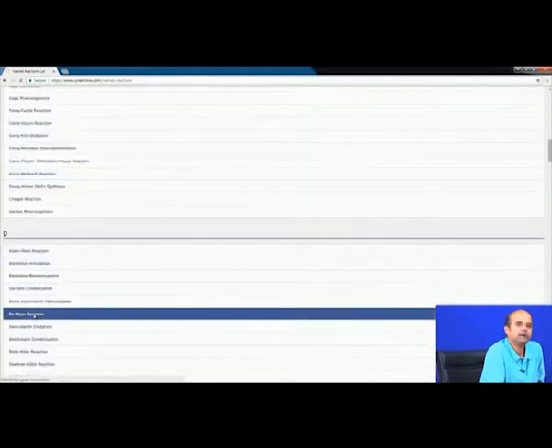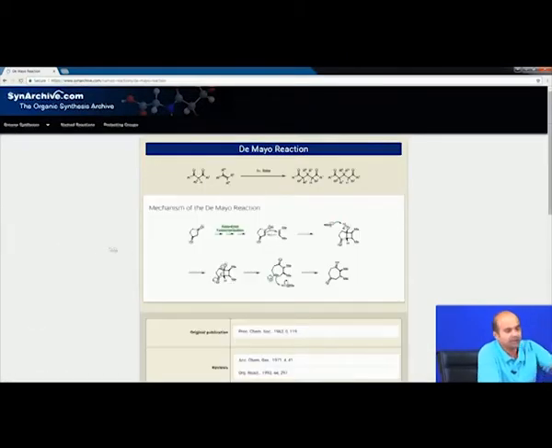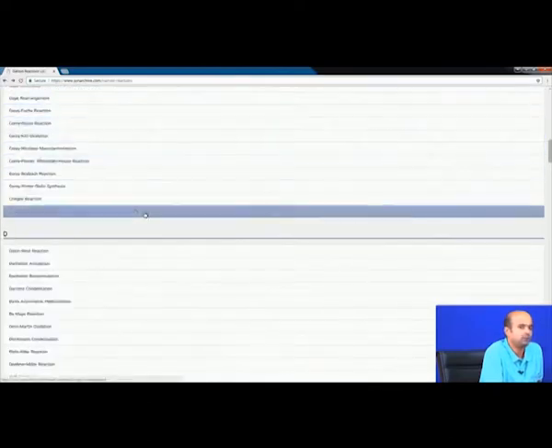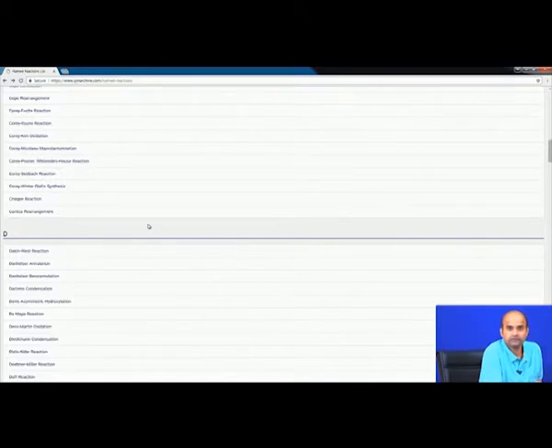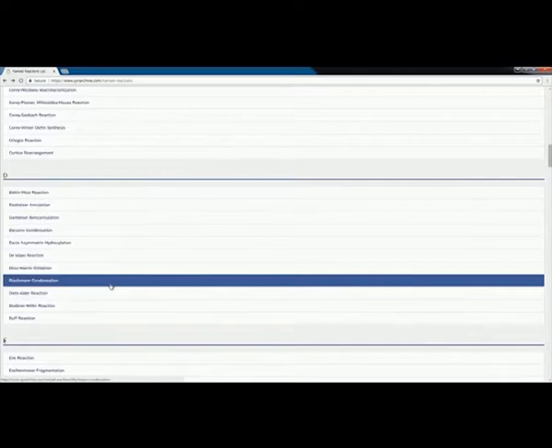So, click on the De Mayo reaction, and then you will find that the similar kind of example we taught is a De Mayo reaction. It is a keto-enol tautomerism, then you have a 2+2 cycloaddition followed by retroaldol cleavage. So, this synarchive will give you essentially a huge resource, it is free, it is a web based service, and you can access it from your smartphone. If you have an internet connection, you can do it. And probably throughout this lecture, we will try to go through many of these transformations which you will find useful.